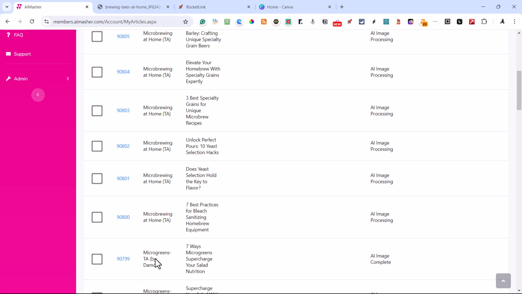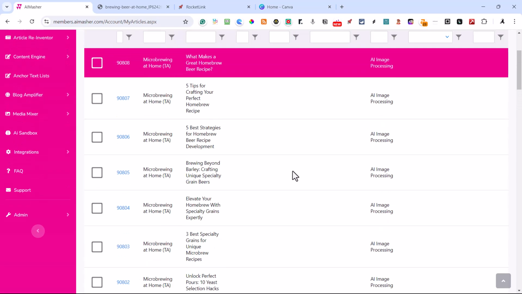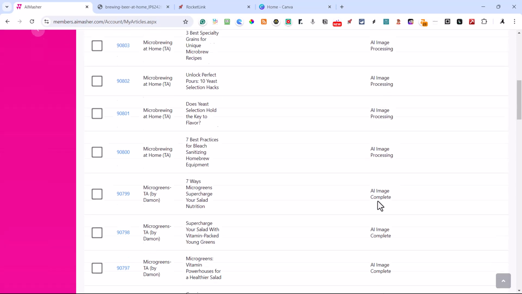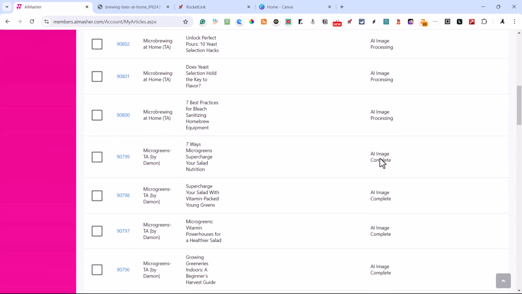And I'm going to show you, as this will take probably about 10 minutes to do. You just let it run. It does all its work automatically. But we suggest don't edit while it's in image processing. But after it's done, it will say AI image. It will come down here and say AI image complete. At this time, you can edit, do anything that you want.